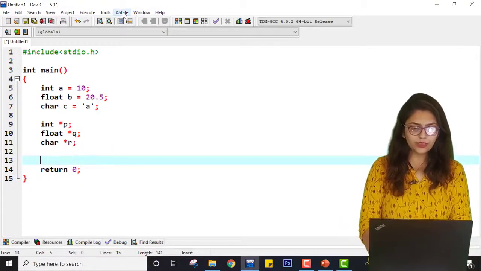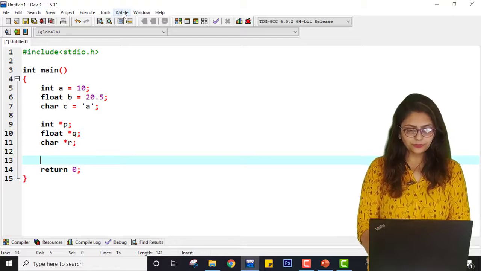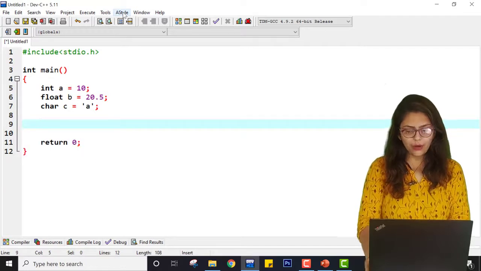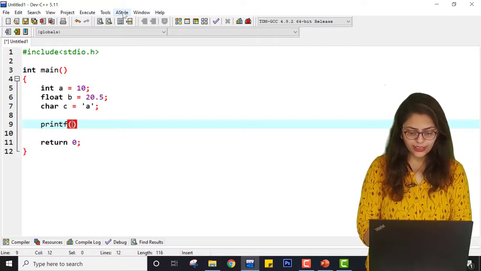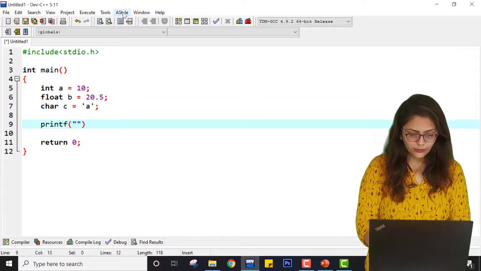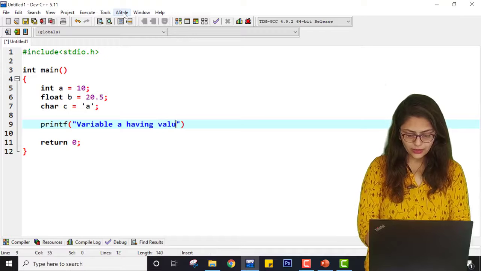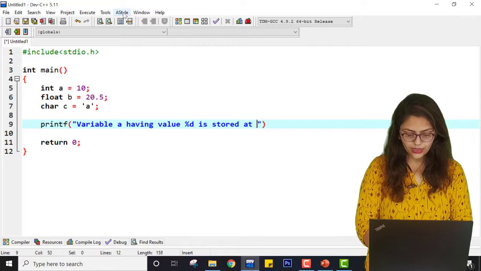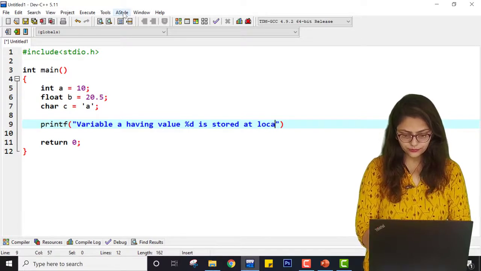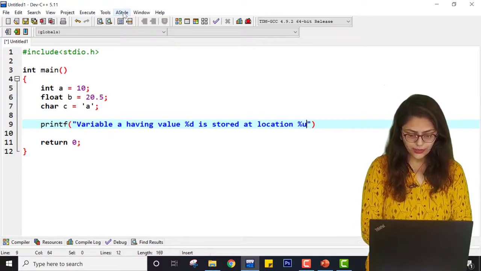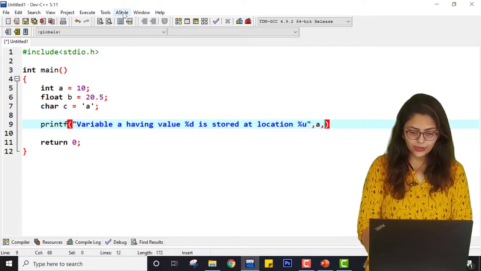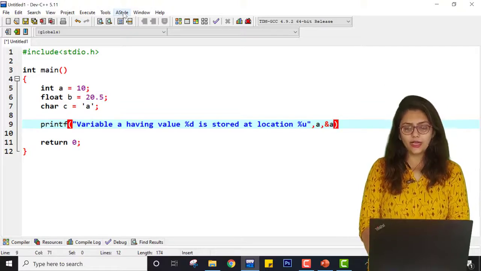Or before even using a pointer, I would like to show you something. I am printing with printf: variable a having value %d is stored at location %u, where the value is a and the address of a can be known as &a, right?